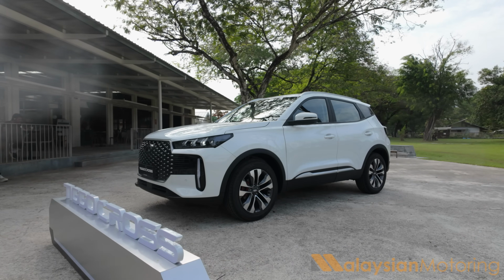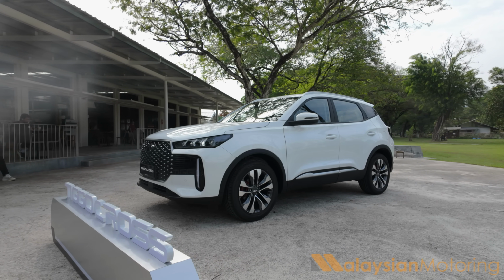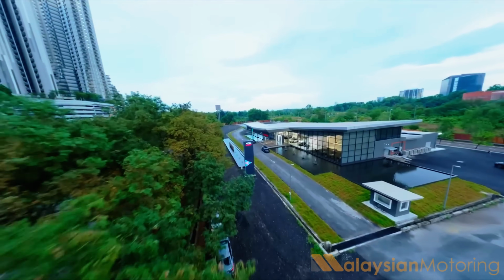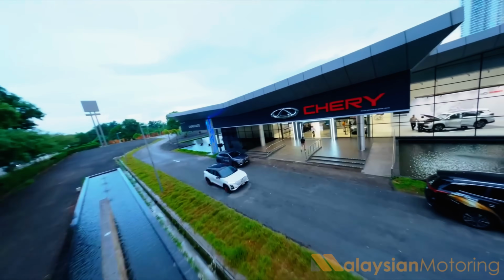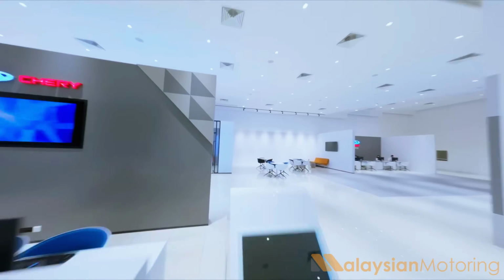This is a very critical moment for us. We got great products and also upcoming our first foray into a sub 100,000 ringgit segment. We have 53 operational dealers, and the majority of the dealers are 3S, with some of them 4S. So most of our dealers are able to support comprehensive after sales and service,